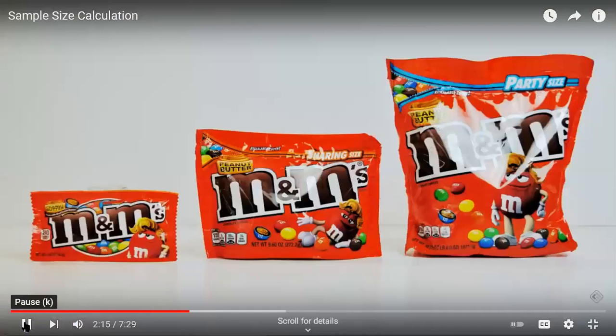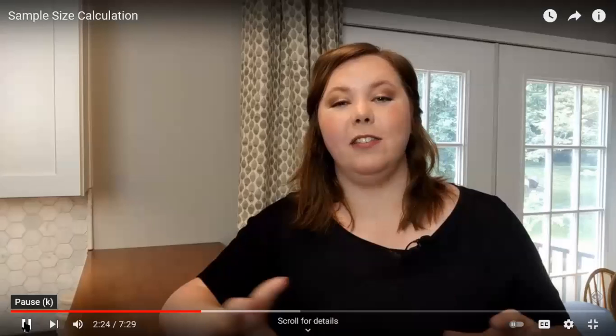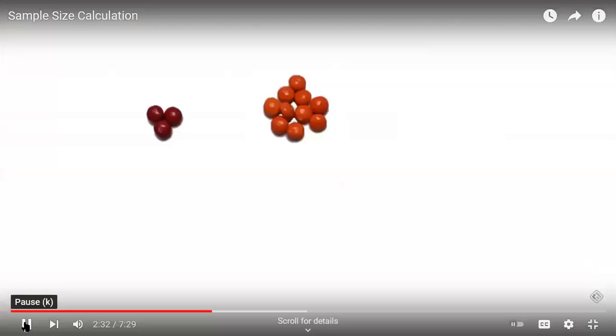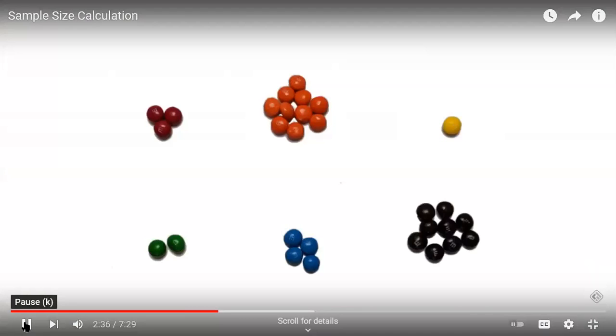I picked up the small bag that you would see at the checkout, the sharing size bag, and this gigantic party size bag. These each have different number of M&Ms and very different mixes of colors. When we start with a very small sample, look at the mix that's in this bag from the checkout. If I thought that this sample was representative, I'd be assuming that yellow is a very rare color in a